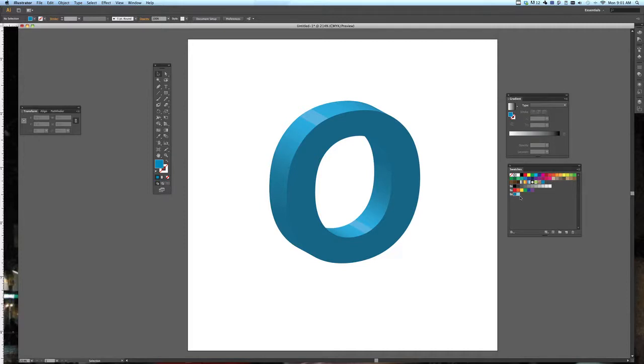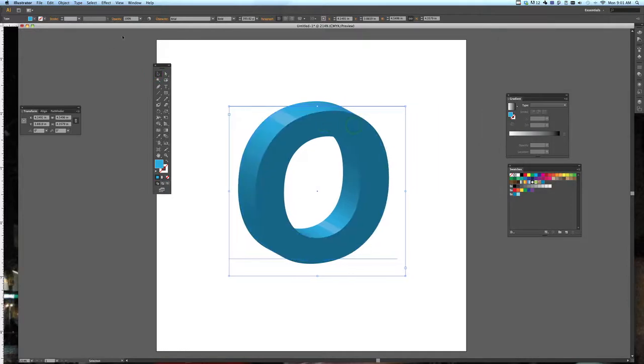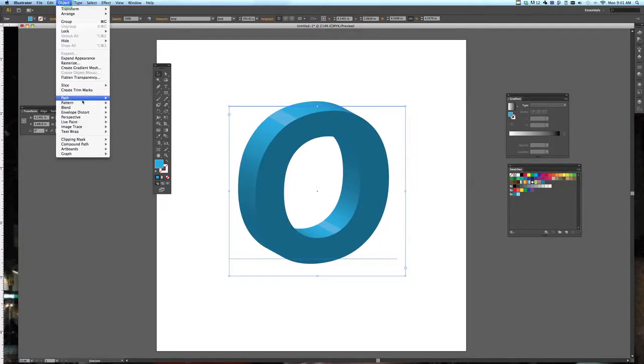So why did I create these two colors? Because I want to change the preset that Illustrator does. Okay, so how do you do that? You select your object. You go to Object, and then you go to Expand